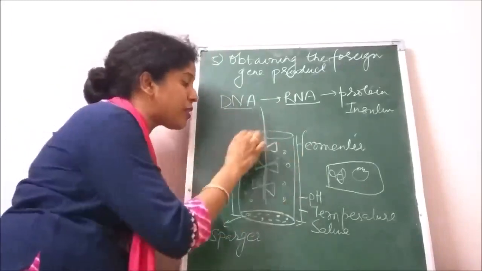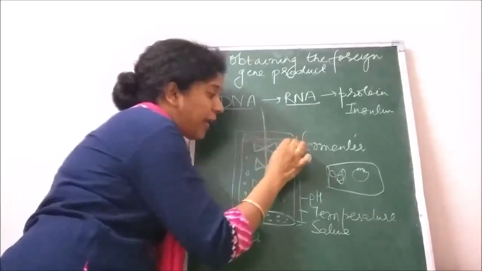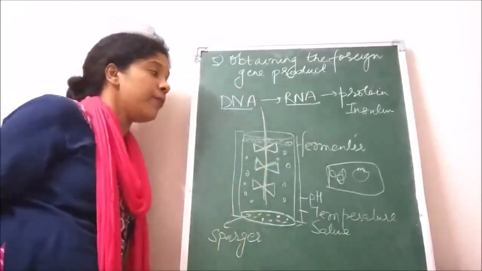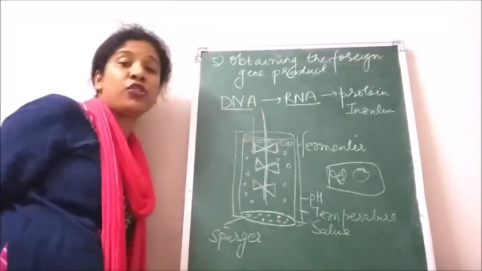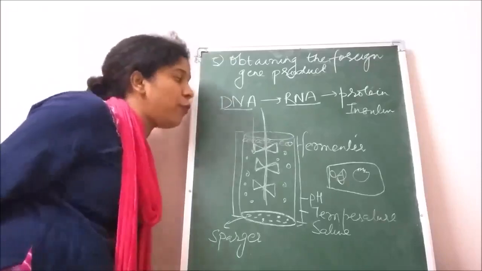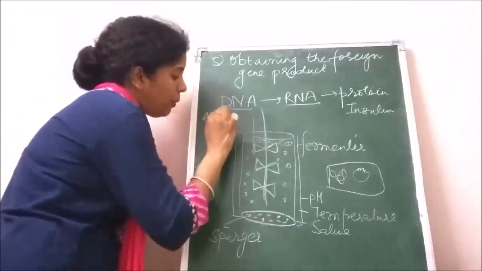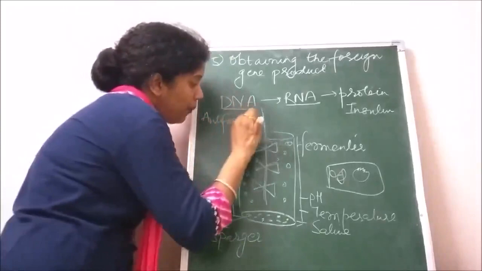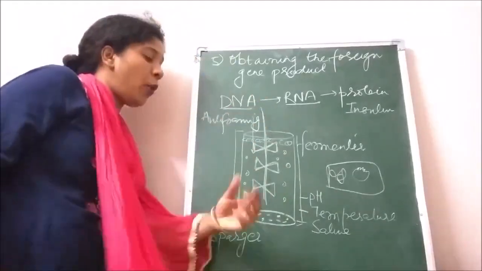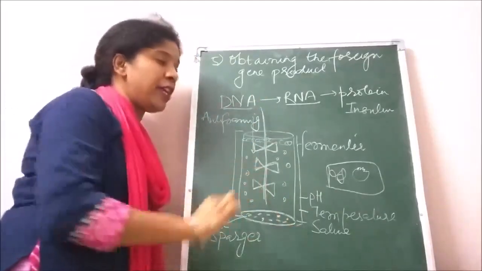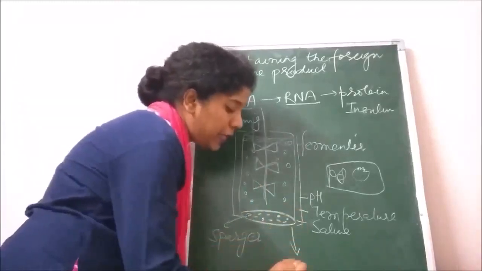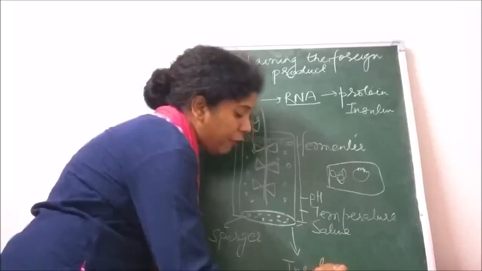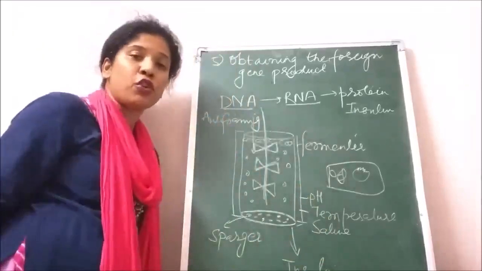Because of the continuous stirring, there could be foaming at the top of the fermenter. This foaming is going to prevent the inlet of the gas into the medium. So anti-foaming agents are added to prevent the foaming in the fermenter. After the required time is complete, the fermentation process will be stopped, and then we are going to purify the expressed insulin protein from the fermenter, which is called downstream.